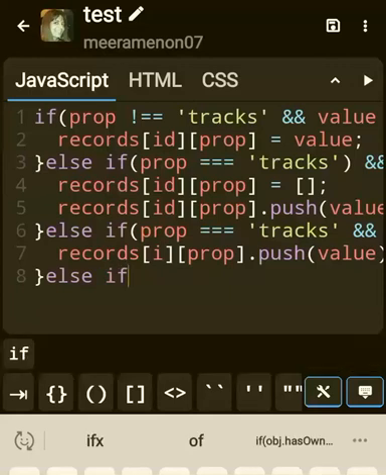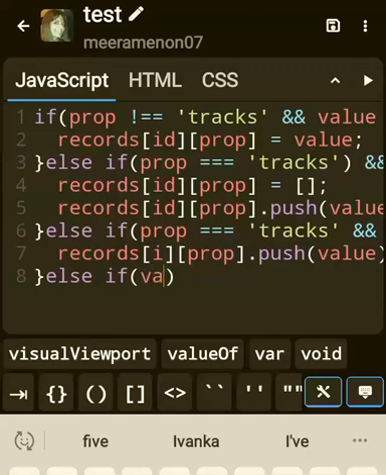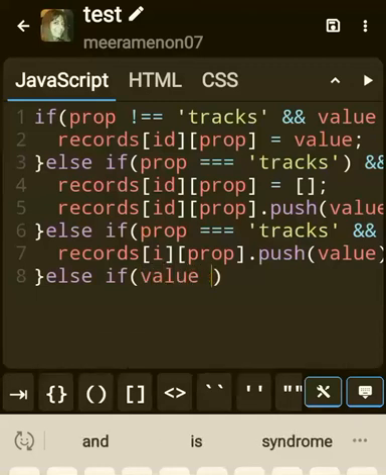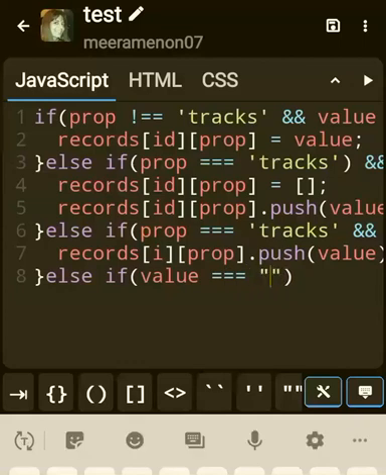Else if, then the next one is if value is an empty string. So if value is an empty string, that's very simple. Empty string you know how to show. Yeah, the open and close quotes with nothing in between. Yeah, that is a string. So if value is an empty string, what do you need to do? Delete the given prop property. Yeah, so delete